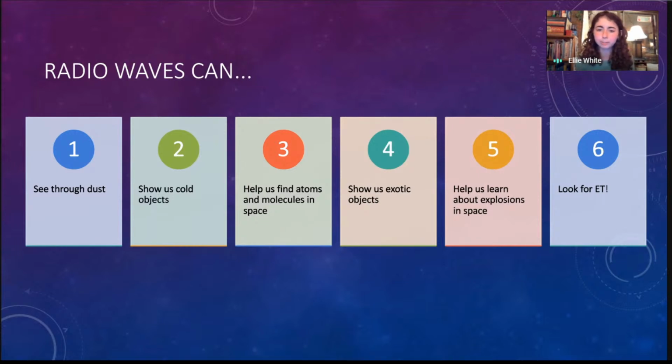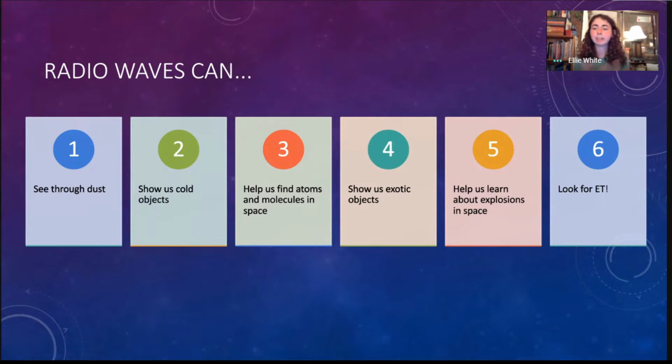Some people have said maybe they're aliens, and you can't completely rule that out, but it's becoming more and more likely that they come from some natural source, like a magnetar, which is a highly magnetized pulsar. In any case, it's still a mystery. Exciting to see where that goes next. They also help us learn about supernovae, explosions in space, active galactic nuclei, quasars, and so on.